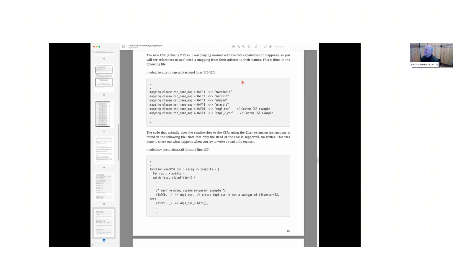All right. Okay, we're going to talk about two CSRs. I'm only going to use one. The artifact here is mainly for my edification on figuring out the type system around CSRs. So I was playing around with two different XMPL CSRs. In the CSR map.sail file, somewhere around line 115, 120, you're going to find a place where you're going to want to put in the